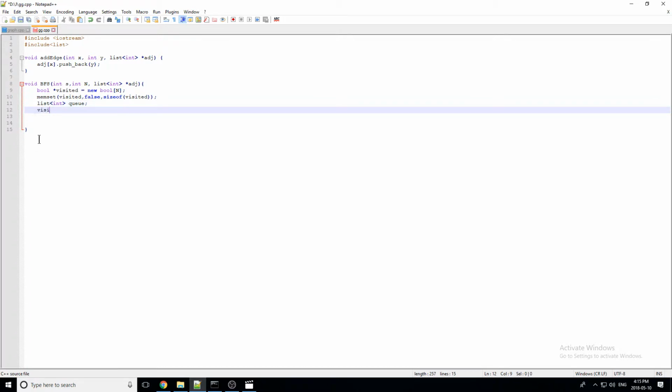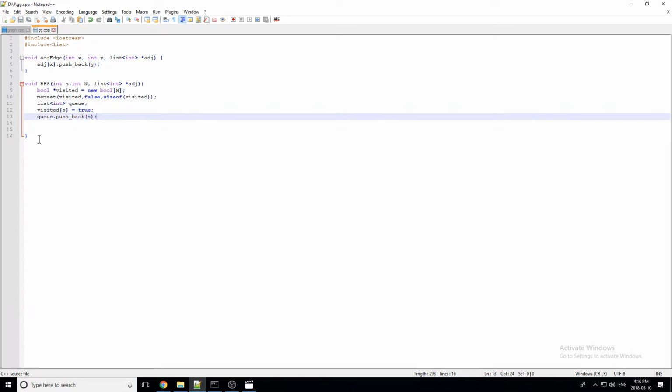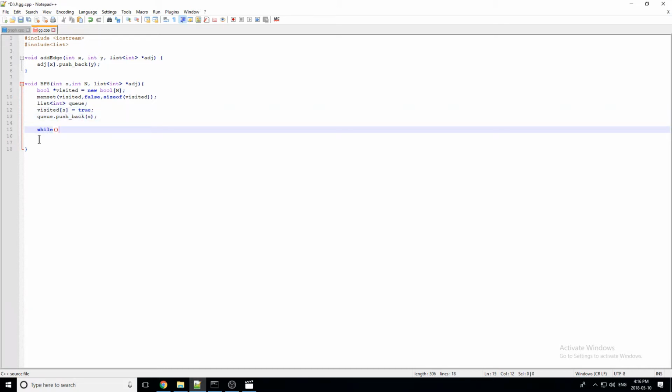So then we have a queue, and since we're starting at s, we can set visited at s equal to true, obviously, because we've arrived at that node. The next thing we want to do is append s to the queue, because we want to check for adjacency pairs of s. So we can do queue dot push back s, and then while the queue is not empty, so while there's something in the queue that we still have to check adjacency pairs for,